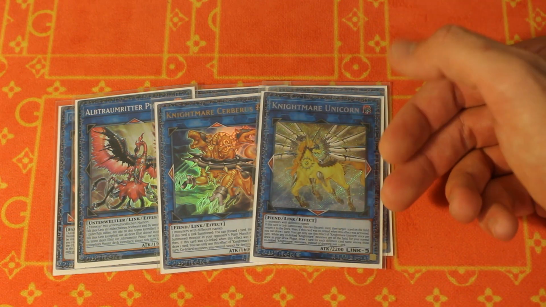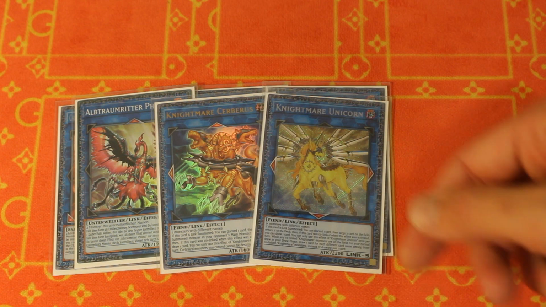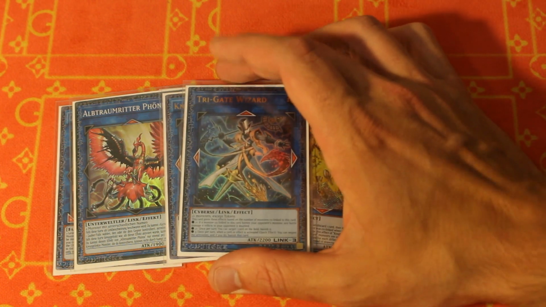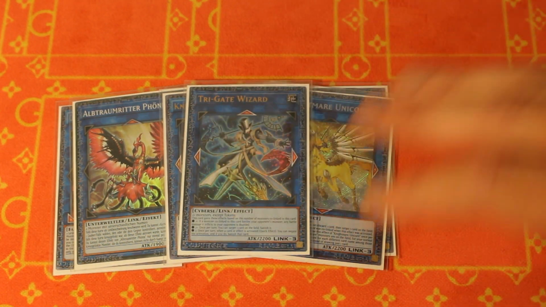Unicorn is more of your follow-up turn play, or if you're going second for removal, obviously, and to climb into your access code. These are essential for your Tri-Gate lock as well as removal, so they serve double duty there. Speak of the Devil and he shall appear. There's Tri-Gate Wizard, one of your best Omni negates, that also can help you clear out cards from your own